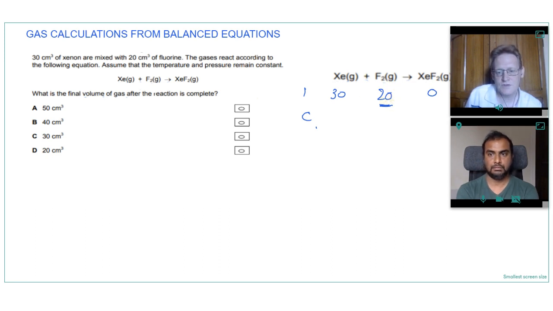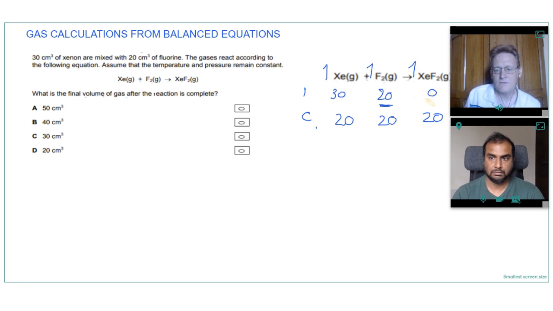So that's how much xenon and fluorine are going to react. So all of the fluorine will react. The xenon is in excess. And because it's a 1-to-1-to-1 molar ratio, we'd form 20 centimeters cubed